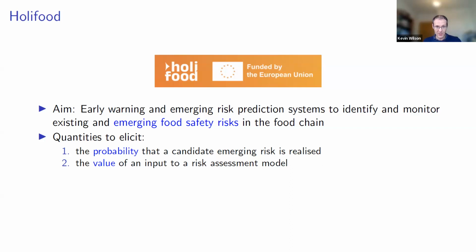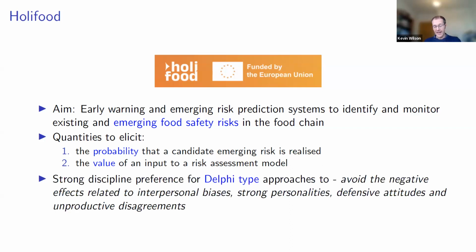So they need uncertainty distributions on some of the inputs to these risk assessment models that they don't have data on. So again, there'll be some expert judgment elicitation there. And again, my go-to would have been to use a Sheffield type approach, get some sort of consensus distribution from a group of experts. But within this project, there's quite a lot of social scientists, and they have quite a strong negative reaction to things like the Sheffield method.